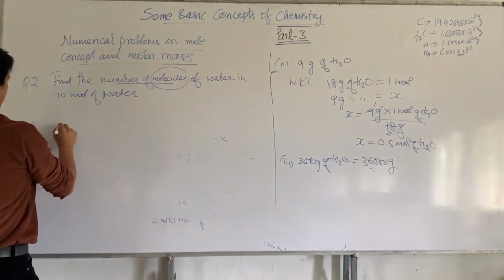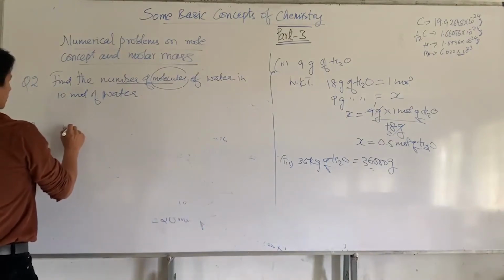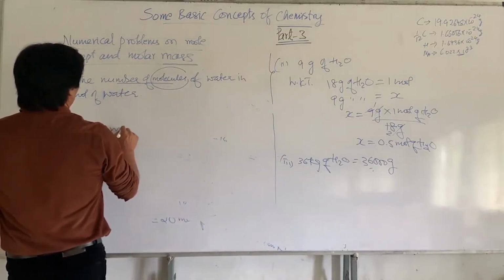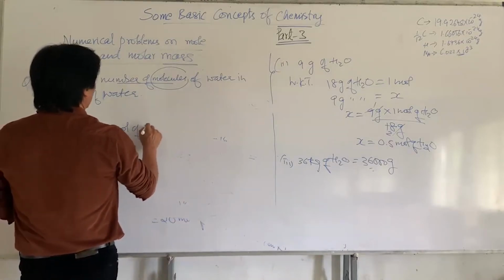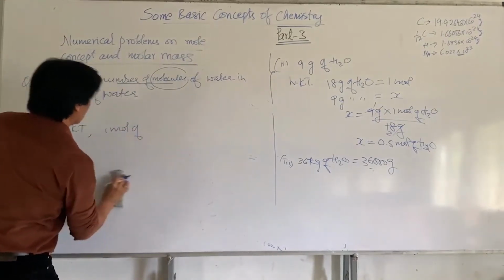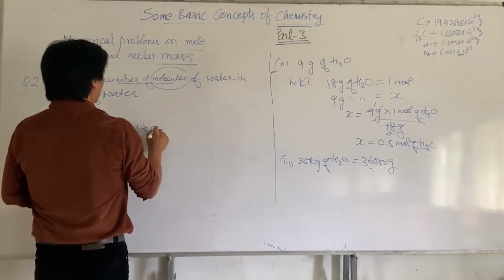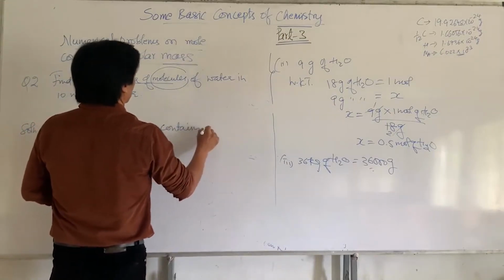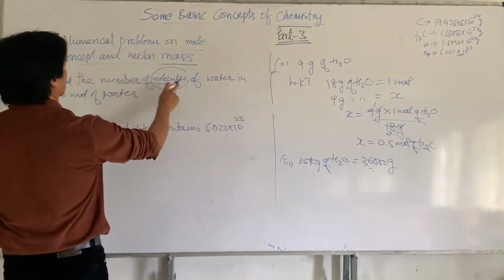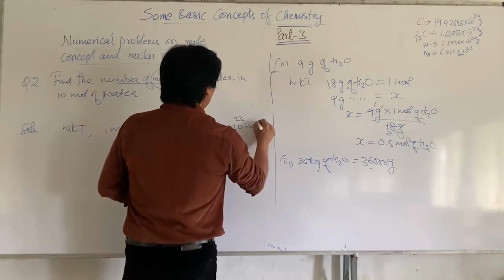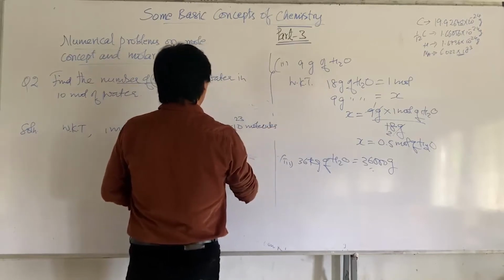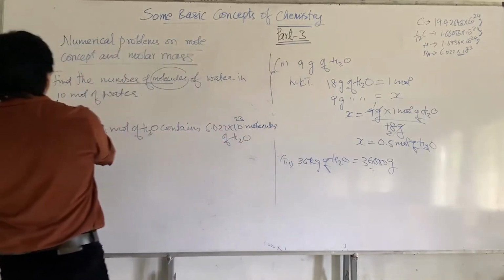So here, what we know is 1 mole of water, H2O, contains how many? 6.022 into 10 to the power 23 molecules of H2O. Now when you're given 10 moles of water,